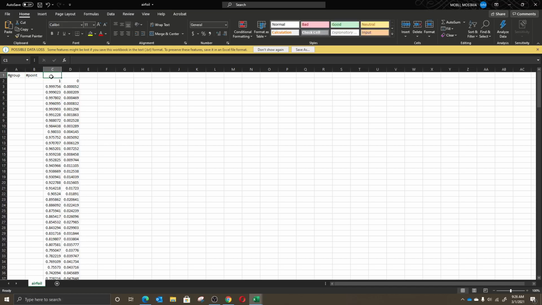So pound sign point, identify the X direction, Y direction, and then Z direction. This is the special format you have to follow when importing files